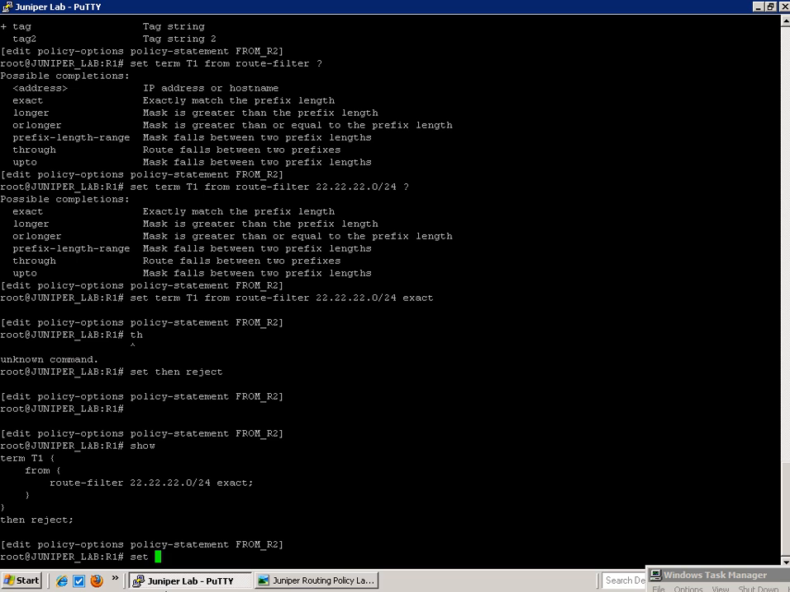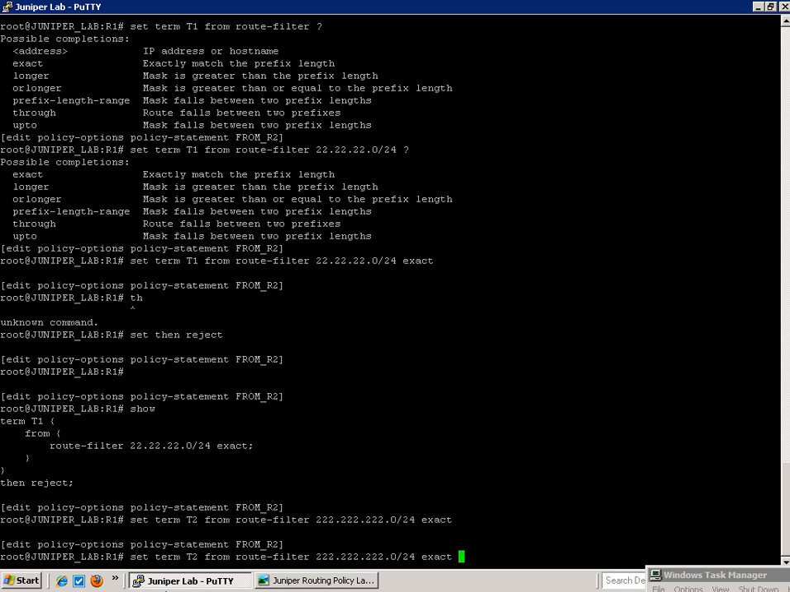So we're going to do set term T2 from route filter. We're going to match the 222 network /24 exactly. Once we match the 222 network, we're going to create our action, which is going to be used with the